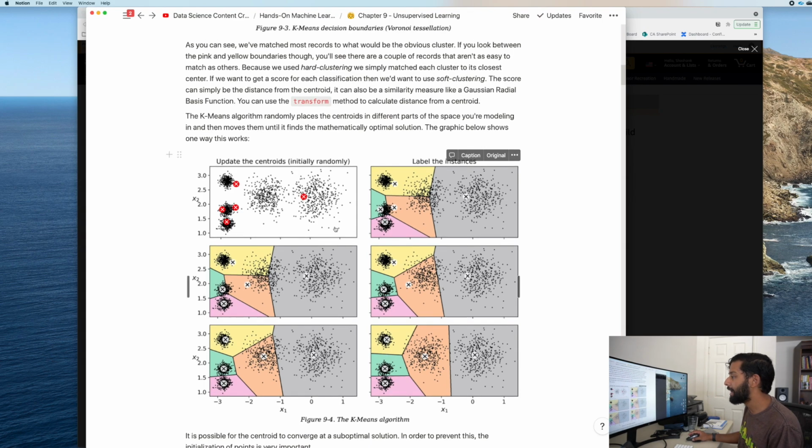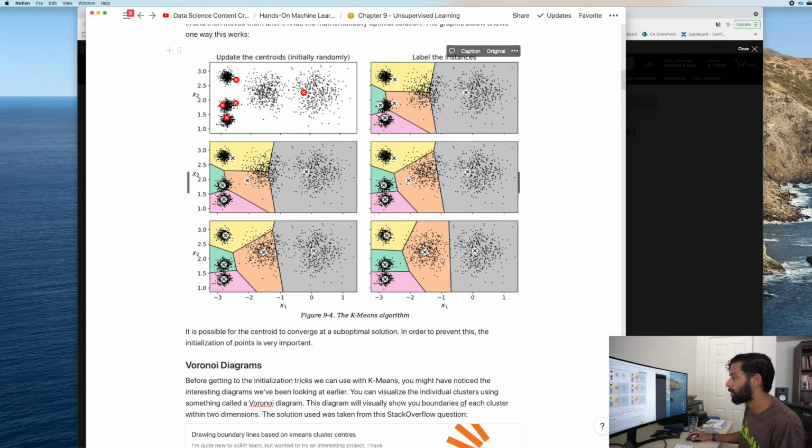And this is a diagram of how the k-means algorithm actually works. So as you can see, it just randomly puts in 5 different points, and then it will gradually shift the points until it can find centers that make the most sense. So you'll see, for example, this center over here is the one that probably changed the most in that it moved all the way from here to over here, and this moved from here to here, this one from here to here, and so on and so forth.